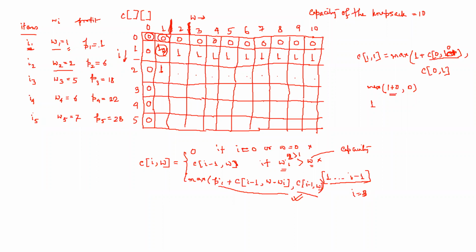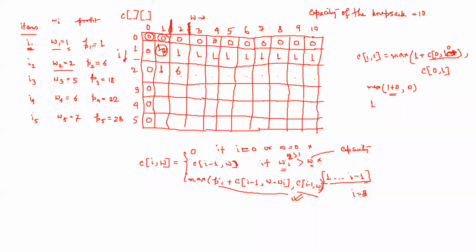If I choose item 1, then profit is 1. Instead of choosing 1, if I choose item 2, its weight is 2. So if the capacity of the knapsack is 2, it will give me profit 6. So what will be the maximum profit, I have item 1 and 2? Maximum profit can be achieved by selecting item 2 and its profit is 6.